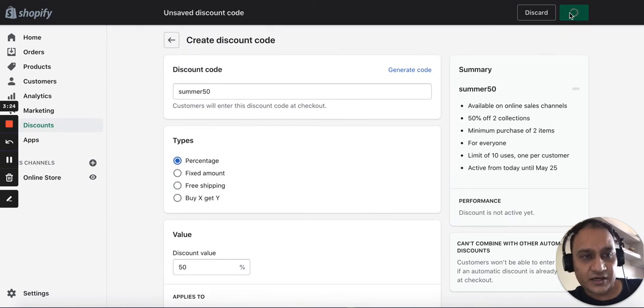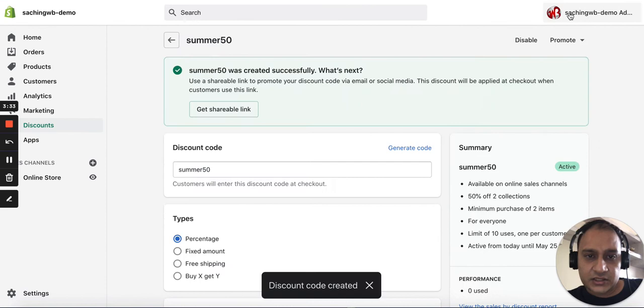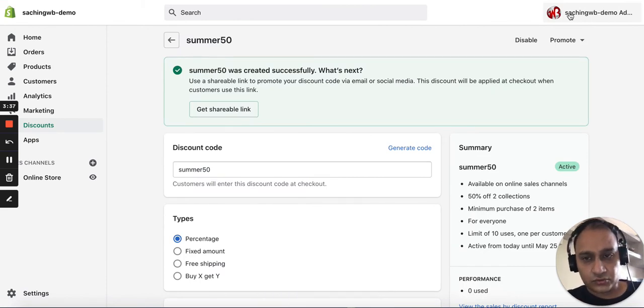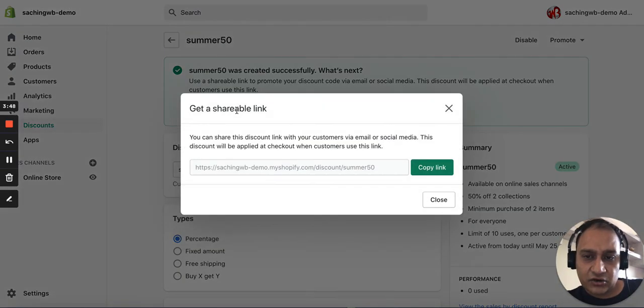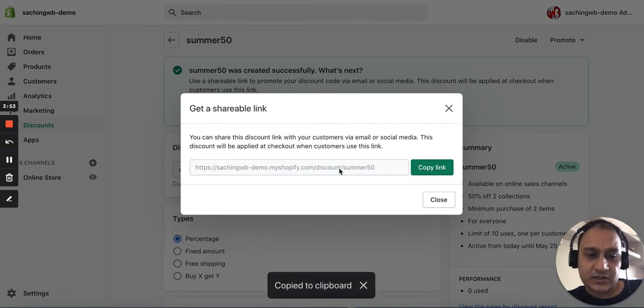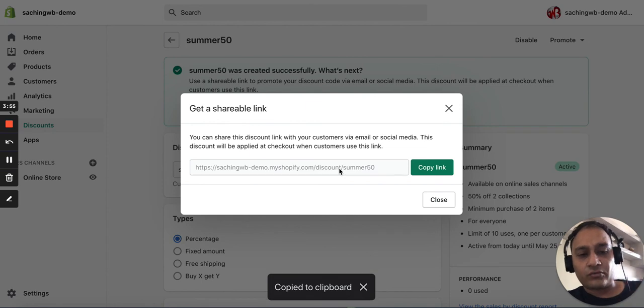Once you save it, you can distribute this discount through an email campaign, or you can use it on the home page. You can use a top announcement bar to give this offer and get more sales. You can also give a shareable link: once you save it, click on get shareable link, copy the link, and once you distribute this link,